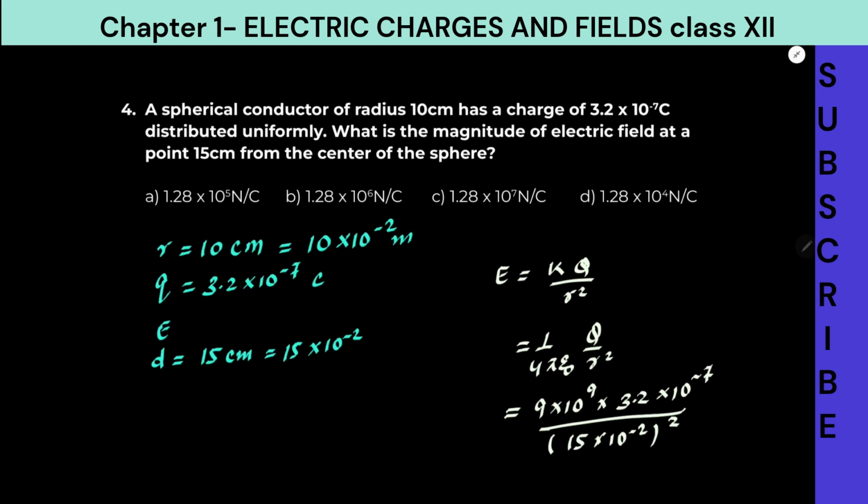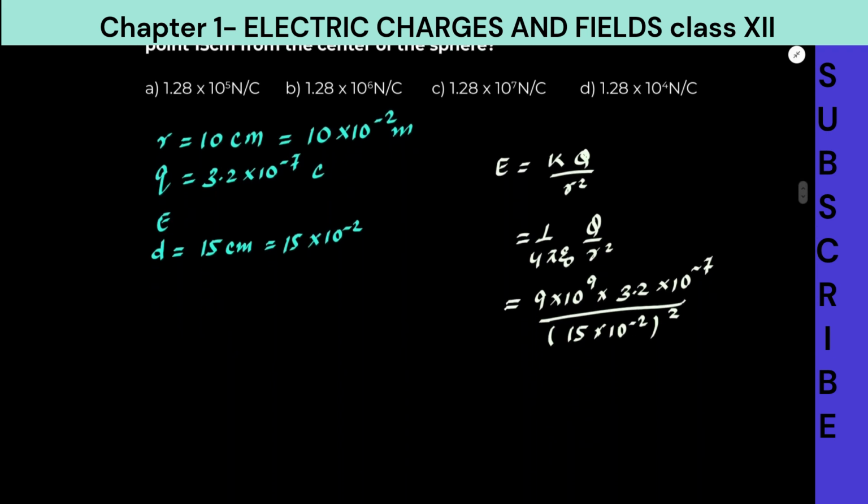Now, if the same question is coming from potential, then you have to be very careful with R and the point at which you are finding the field. That we will discuss once we go to the second chapter. So here, let's simplify it further. So this will be 9 into 3.2 into 10 to the power 2 upon 225 into 10 to the power